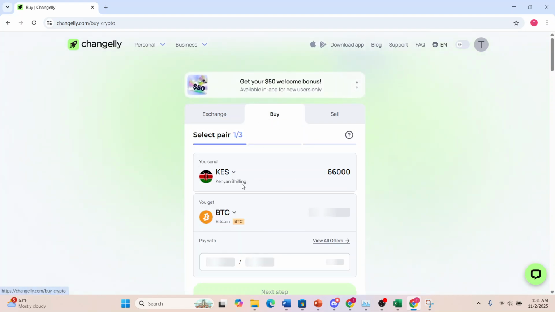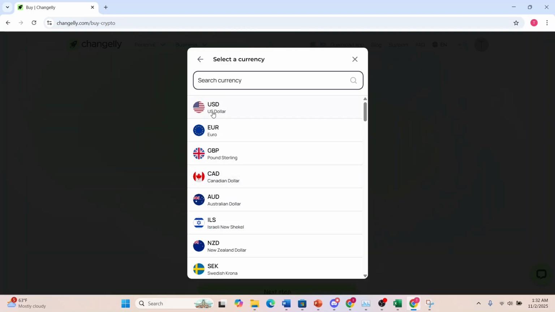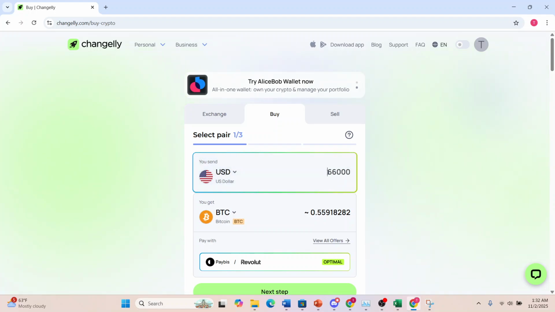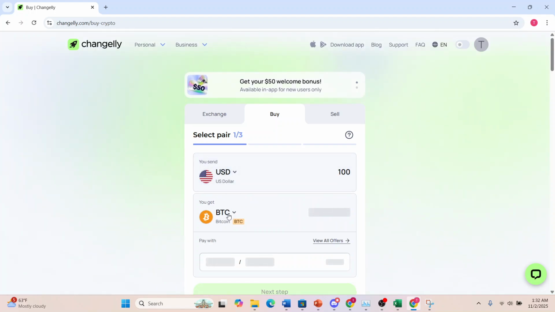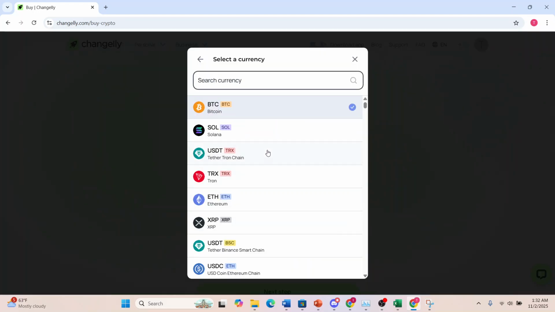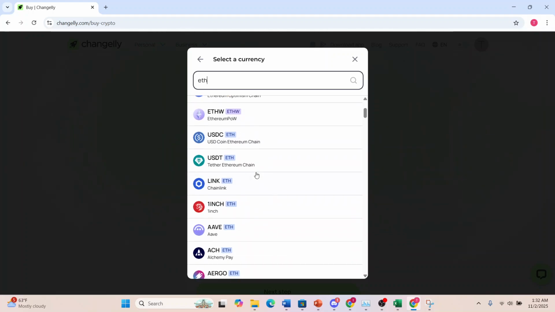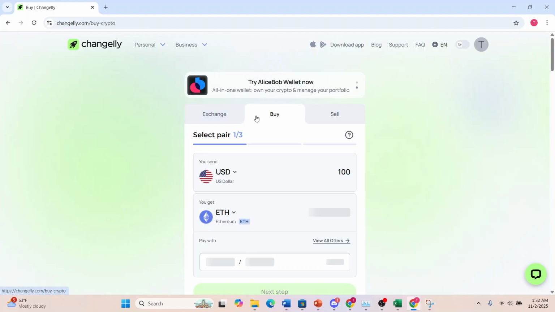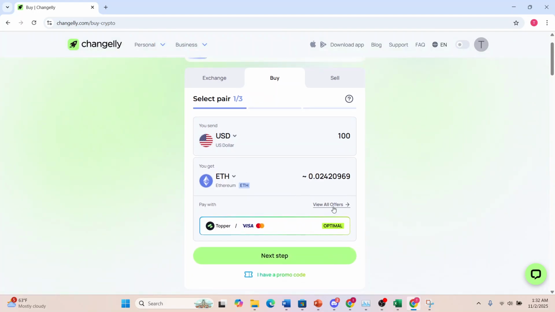So here on the buy section, I want you to choose your currency. I'll choose US dollars and then enter the amount. Okay, let's say $100 worth of. And the crypto, you'll come here, click on this drop down, and we need to choose ETH. So here we have Ethereum, so you can search up the currency, and there's different networks for Ethereum. So choose the one you want. I'll go ahead and pick Ethereum, this one, ETH, Ethereum network, and then you can click here to view all